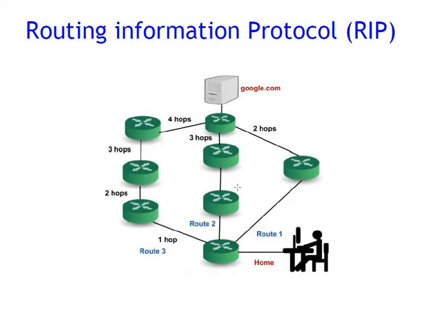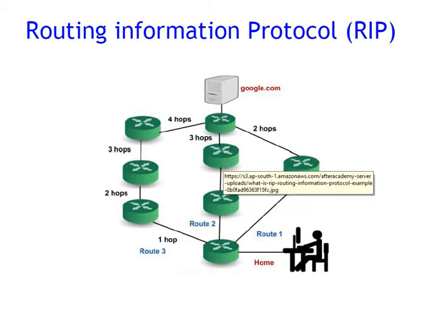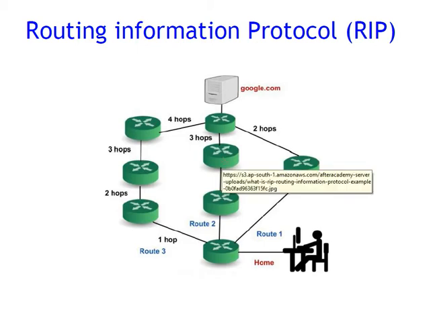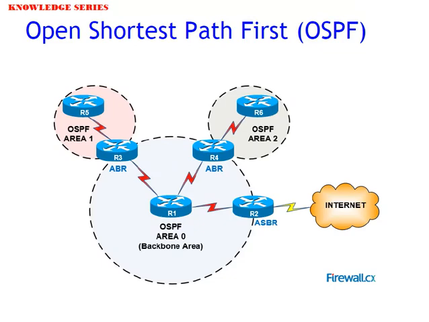Now the disadvantage is that it is based on hops only, hop count. So if there is a better route available with better bandwidth, it will not select it because that hop is totally defined. It cannot take a zigzag way and try to take a route. So that's the disadvantage. However, RIP tries to solve the problem of the interior gateway protocols for transferring the data based on the distance vector routing. Now we go to the next one, which is Open